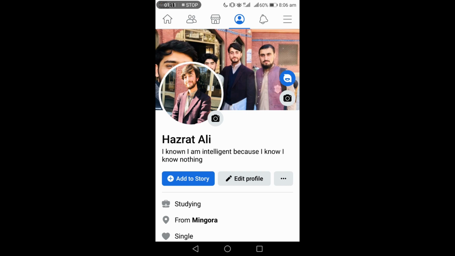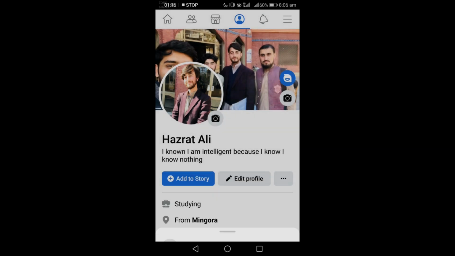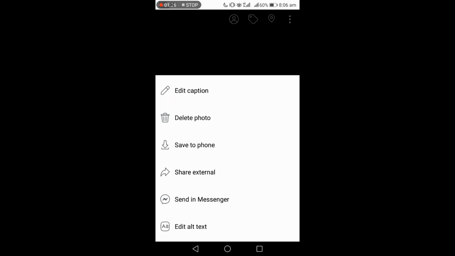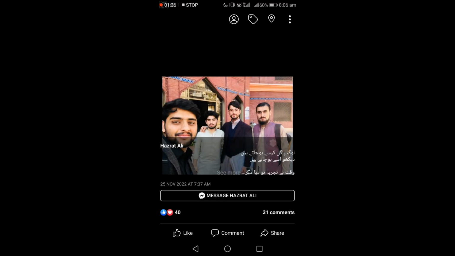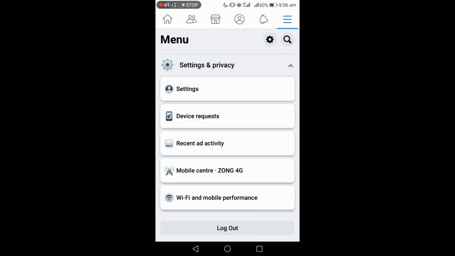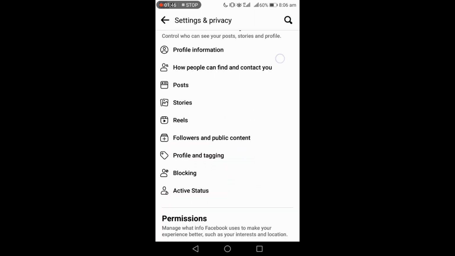Now when your profile photo is updated, for the cover photo, just click here and view profile photo. Now all the options are coming to you, and everyone can see everything. You have to just click on the three dot button. When you click on the three dot button, there is another option, click here, and now come back. You have to click here and go to the settings. And when you go to the settings, you have to just